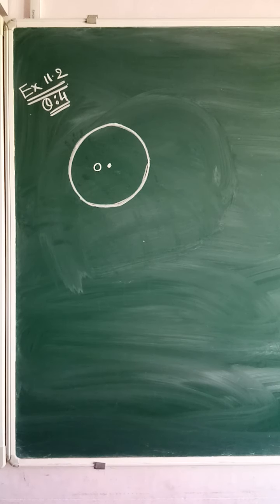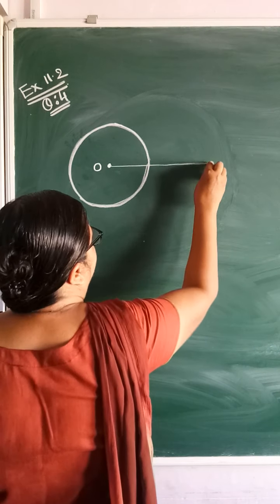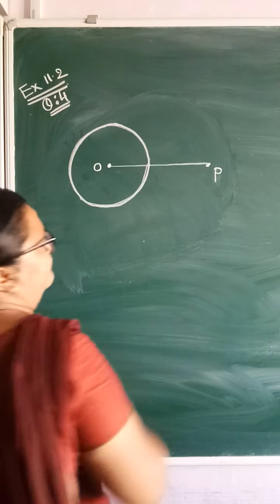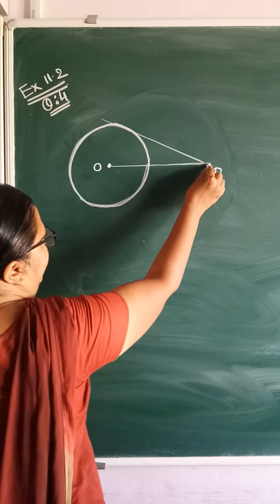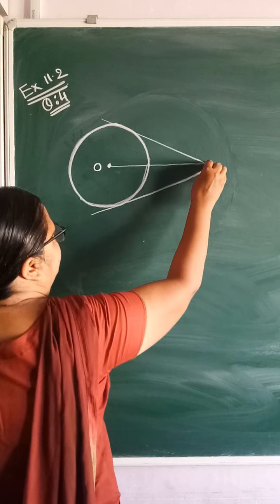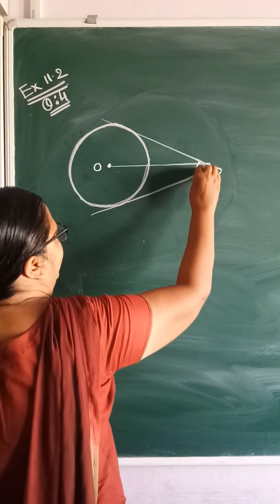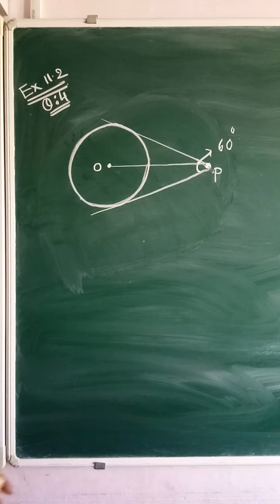Now directly we cannot draw that, so we have to draw it in a different way. First of all let us understand it by a rough figure. Here we want to draw two tangents. Suppose P is an external point. We want to draw two tangents like this, so that the angle formed at P is 60 degree. These tangents are inclined, so this angle we want to form is of 60 degree.